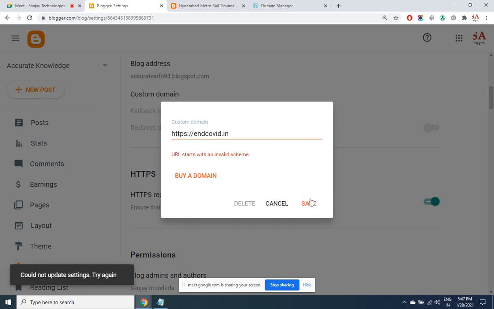It is going to show you DNS record names. I've already used this domain in another account.